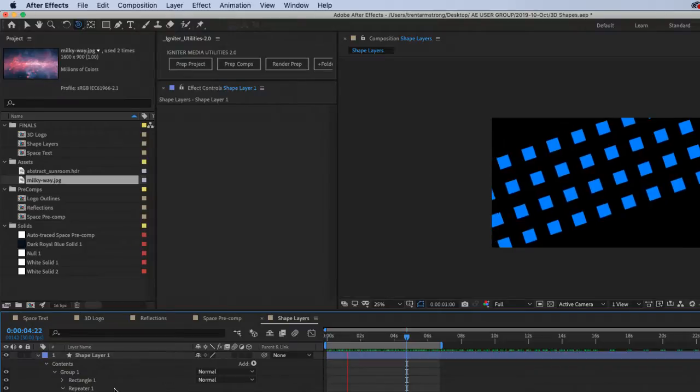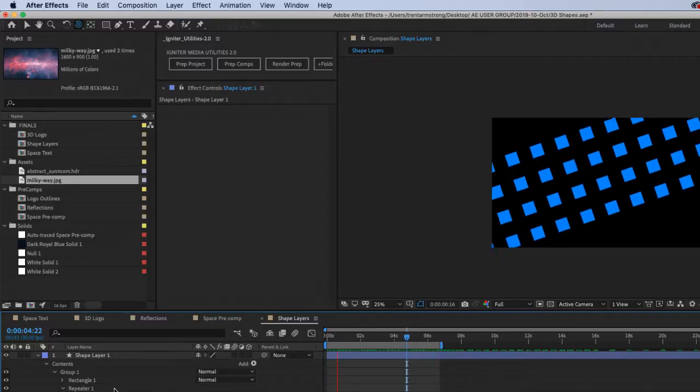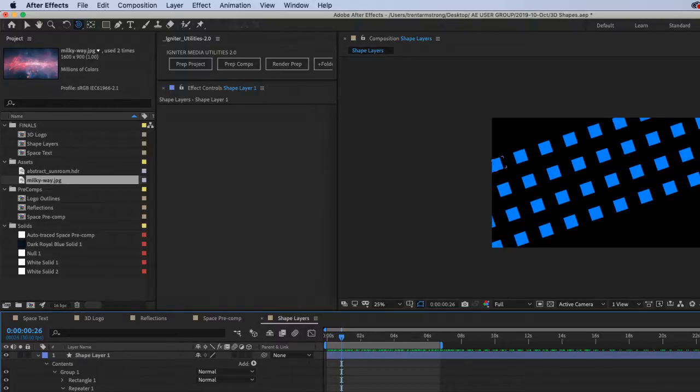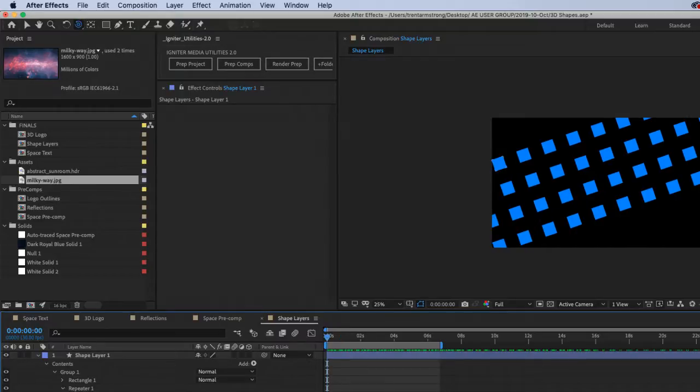So now, when it gets to 1, it loops back from 0 to 1, from 0 to 1. So it looks like I have an infinite row of rectangle squares. And watch that number there. I've offset -5, therefore I start at -5.